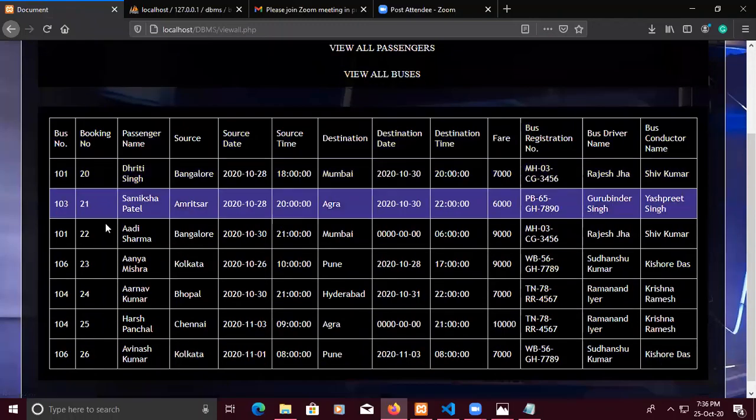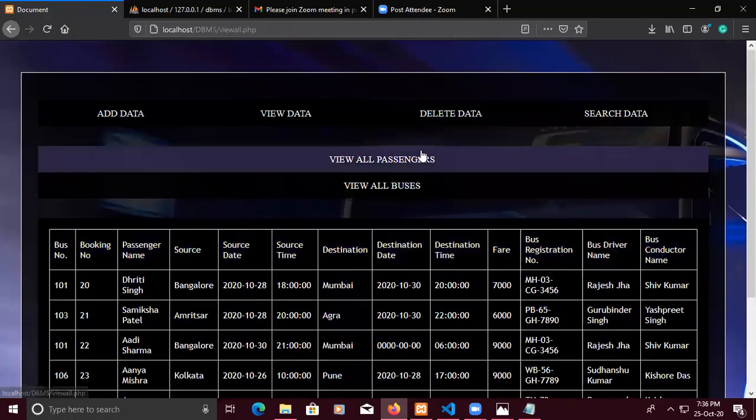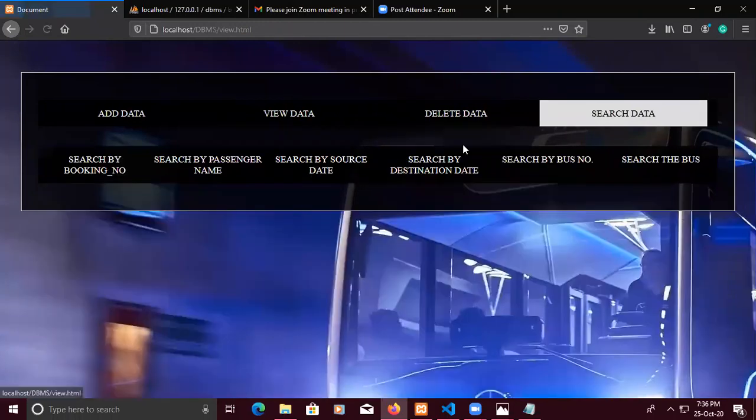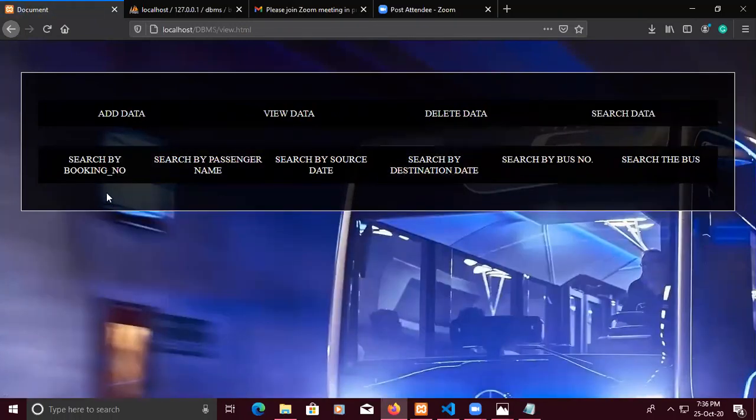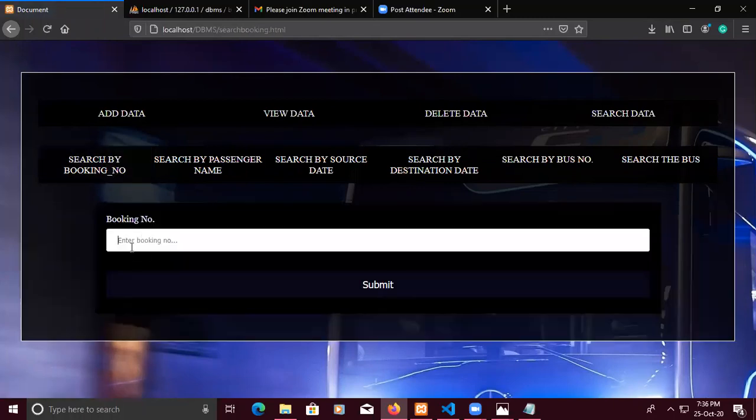Now let's suppose we need to search for someone. Inside search data, we have almost 6 searching criteria. Any administrator who needs to search for passenger details using the booking number can go here and type the booking number.